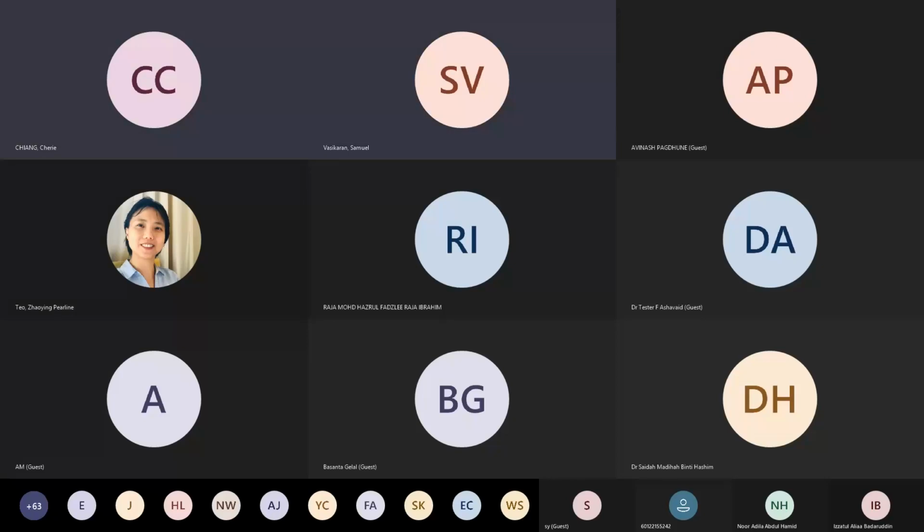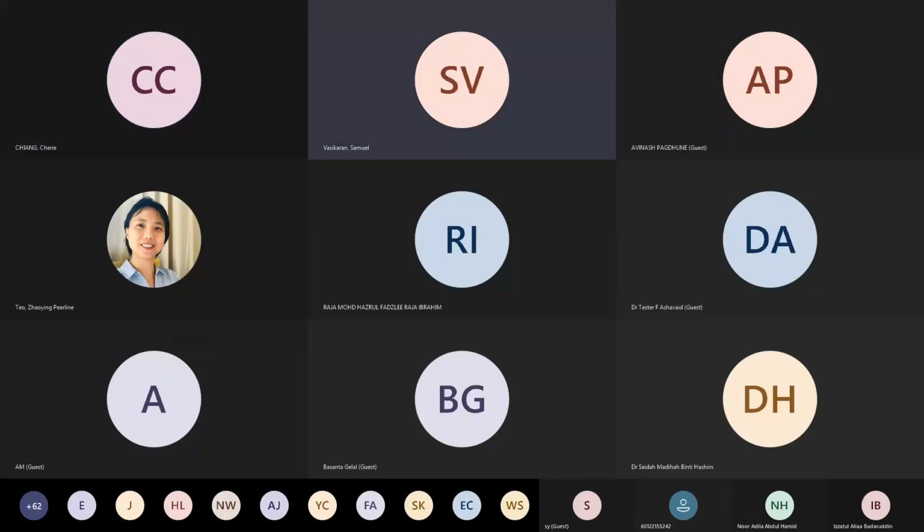Okay, I don't want to monopolize, but a very quick question. I had to go away for a short time. I had to attend something, but